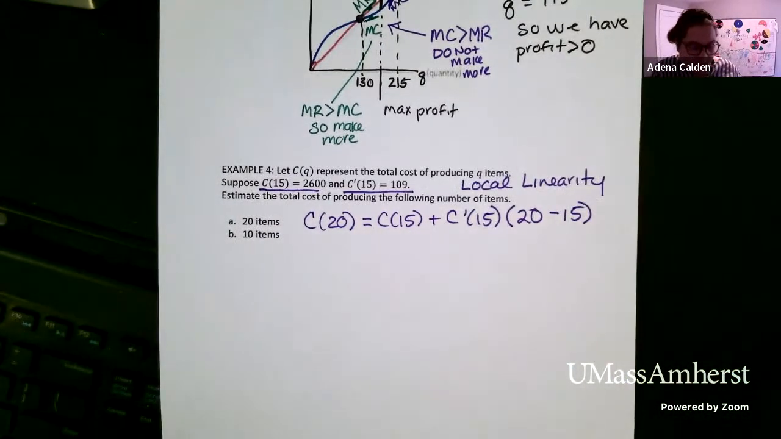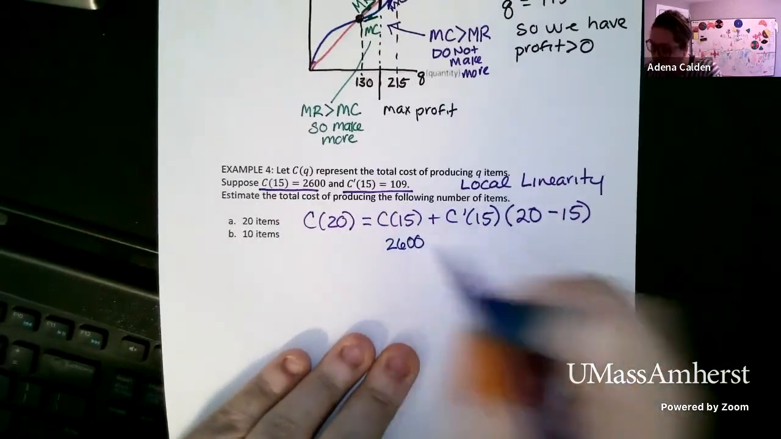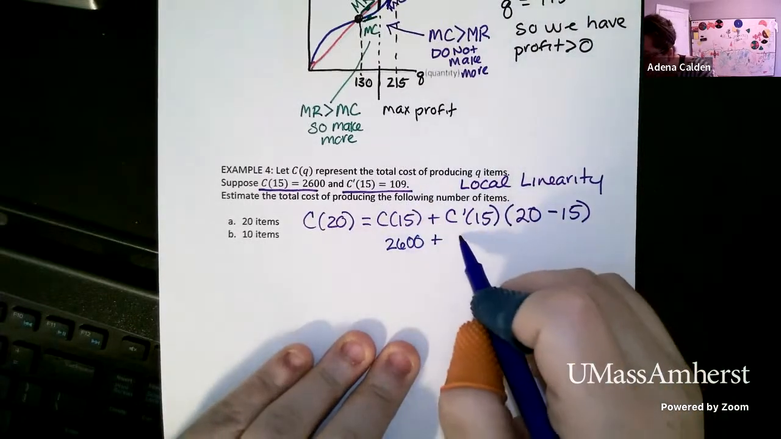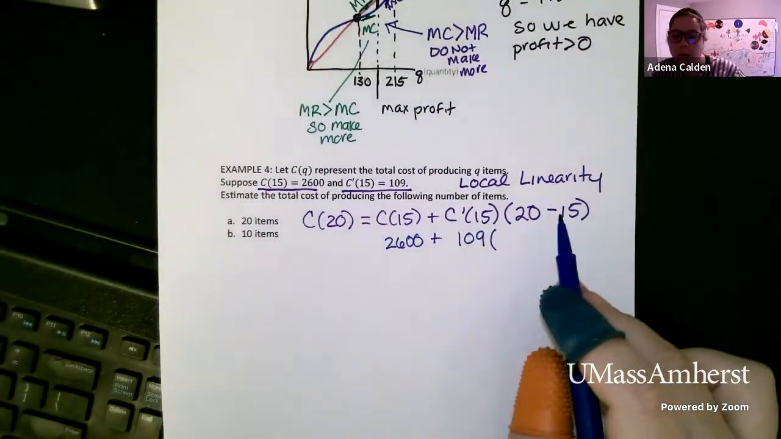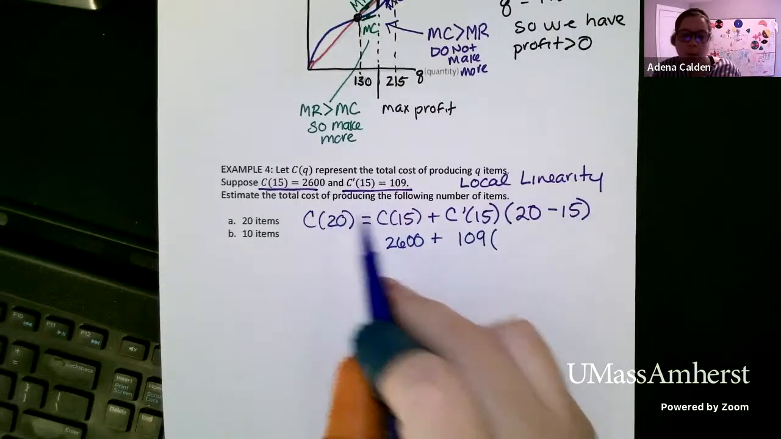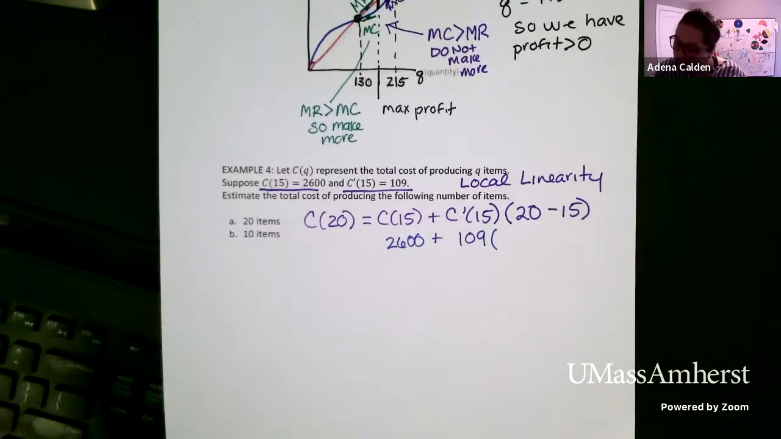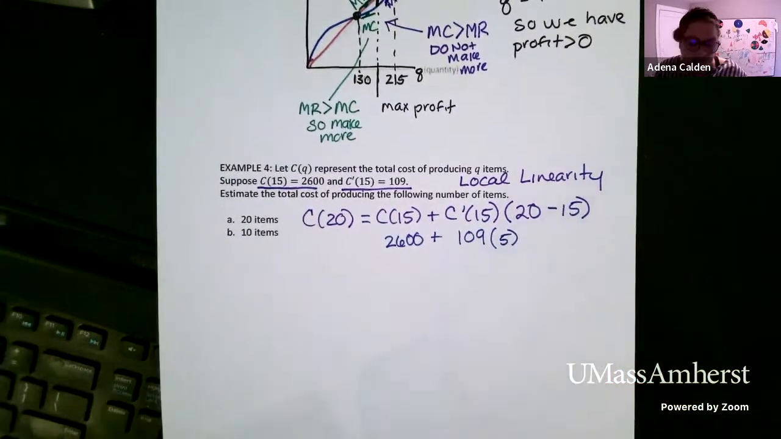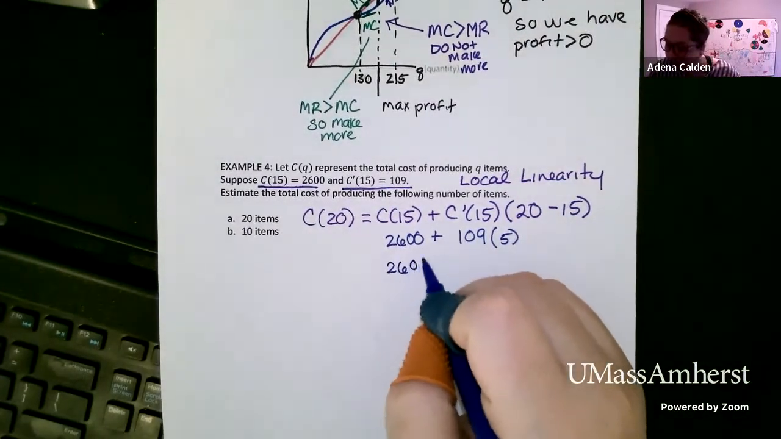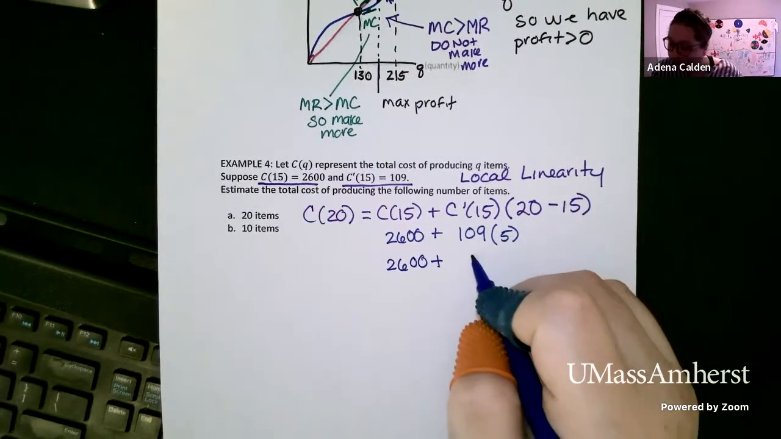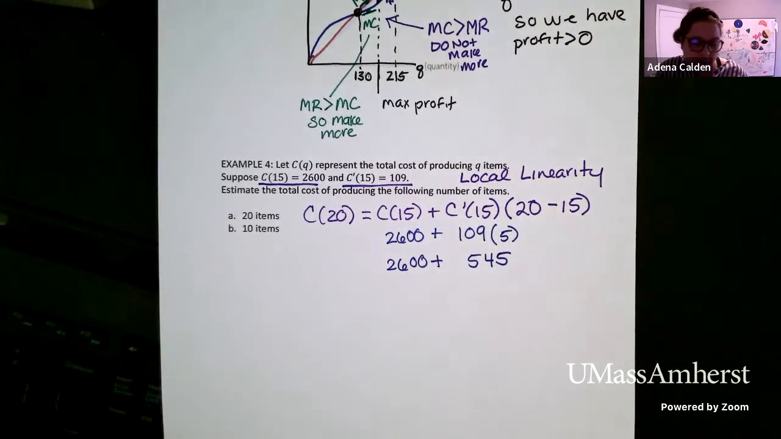So now we need to plug in all these values. So C of 15, 2,600, C prime of 15, 109. And I think I said this before, but just to emphasize, the order here is really important. So it's always the new minus the old, because that's going to help us with which direction we're going. So make sure you don't switch those. So we're going to do 5 times 109. You have to do the multiplication before you add them together. Order of operations. So 109 times 5 is 545. And then we add that to the 2,600. And we're going to get